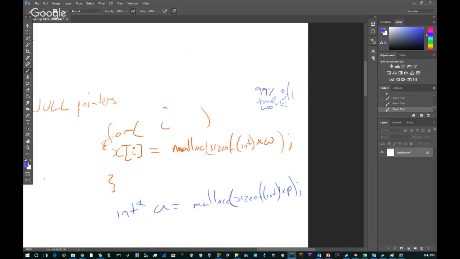So it won't allocate illegal memory. Malloc won't do that. So that's not the problem. So the problem is, actually,